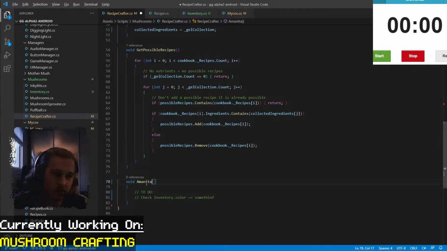Well, no. Check inventory needs to be happening like each frame or something. Is equal to, and inventory dot color is equal to